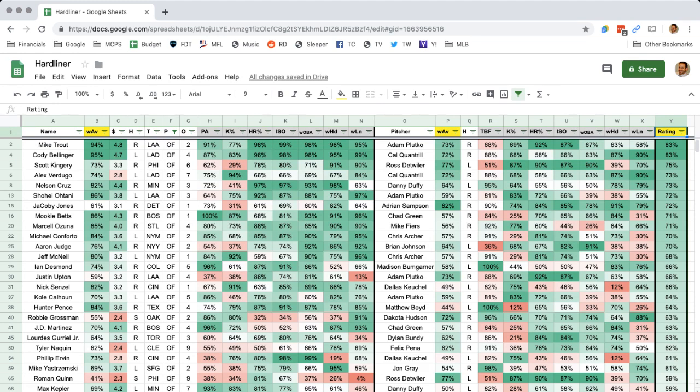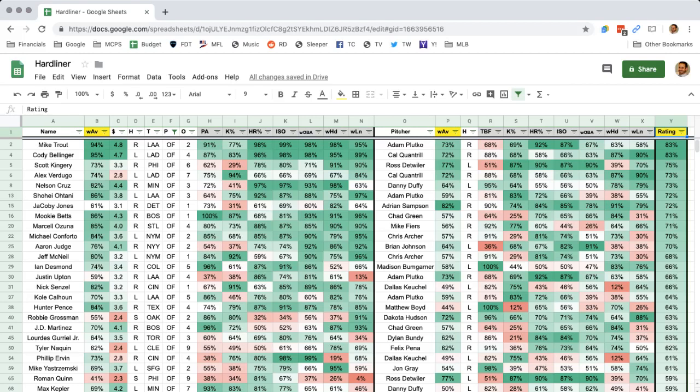At this point, it's pretty apparent. Only thing Kingery does poorly against lefties is strike out. Detweiler does not strike anyone out. Alex Verdugo does not strike out. Everything else is kind of meh. And Quantrill gives up really hard contact. The results are not there yet for the opposing batters. So Verdugo's in a nice spot as part of a stack. Definitely not a one-off type of play.